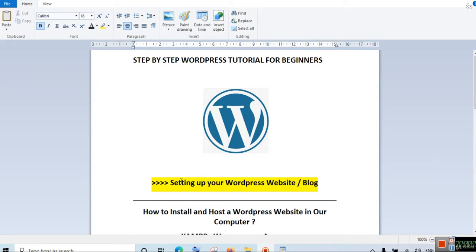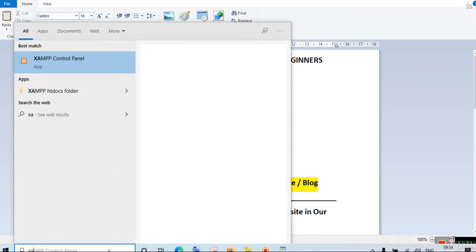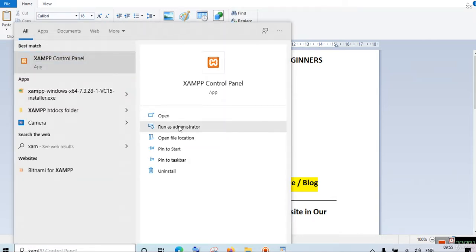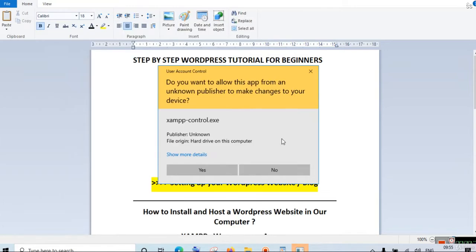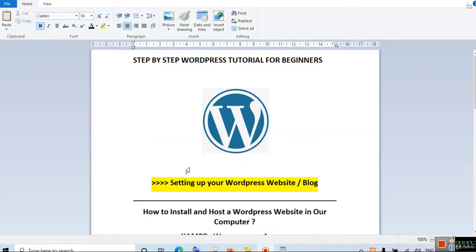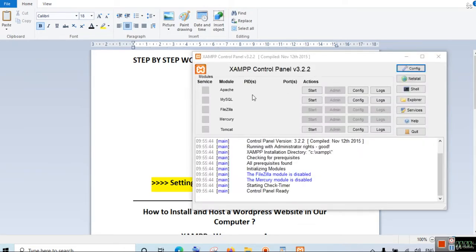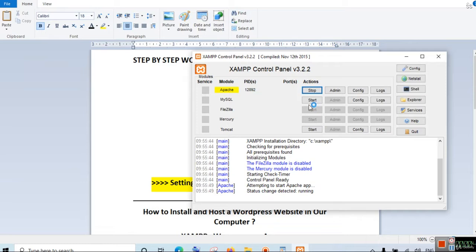In this part, we are discussing setting up your WordPress website or blog. So in the previous part, with the help of XAMPP control panel, make sure every time whenever you have to open your WordPress website which is hosted in your localhost, you have to open the XAMPP control panel and using it you have to run Apache and MySQL server. So here make sure Apache and MySQL server are running,